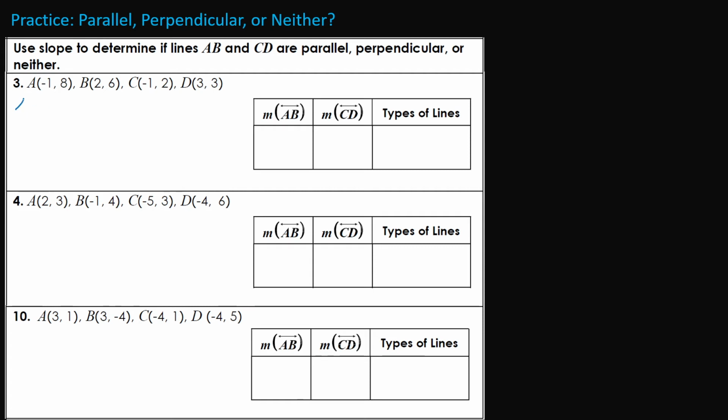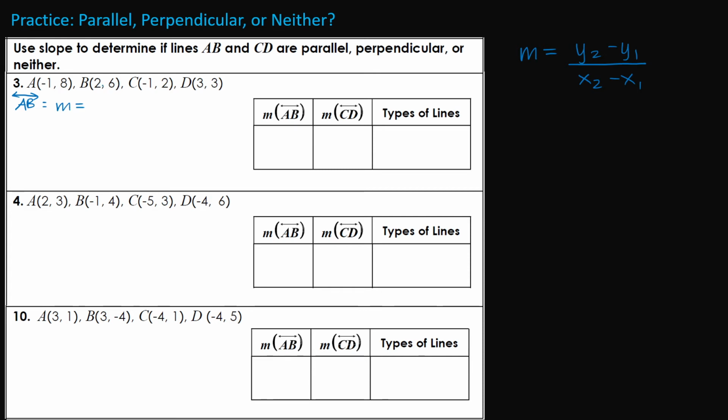So first I want to find the slope of line AB. And remember, to find the slope of any line, you take the y values of your 2 points and subtract them from each other, y2 minus y1, divided by x2 minus x1, which is your 2 x values subtracted from each other. So to find the slope of AB,